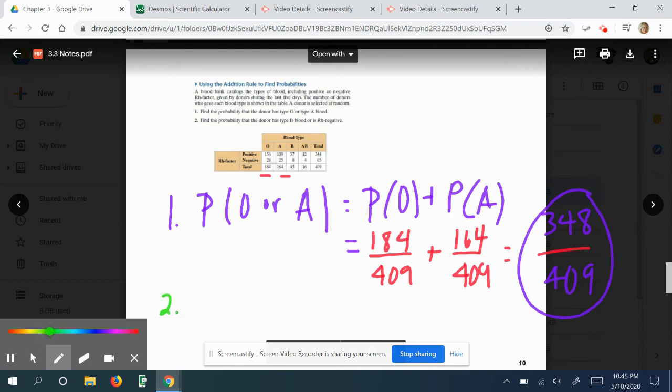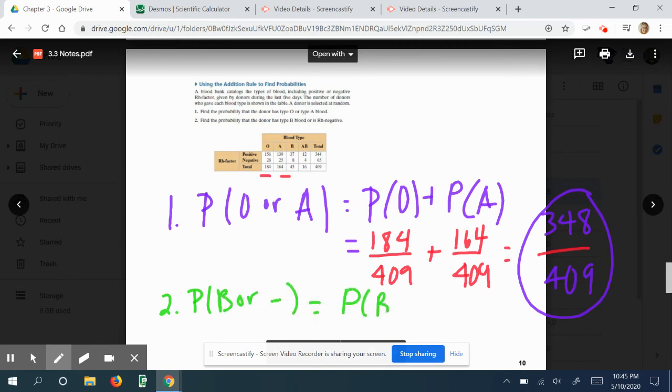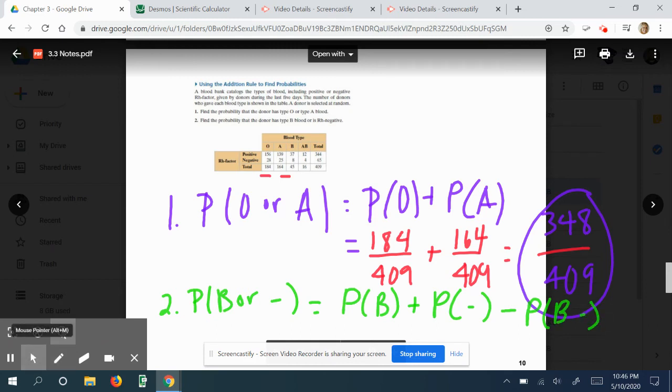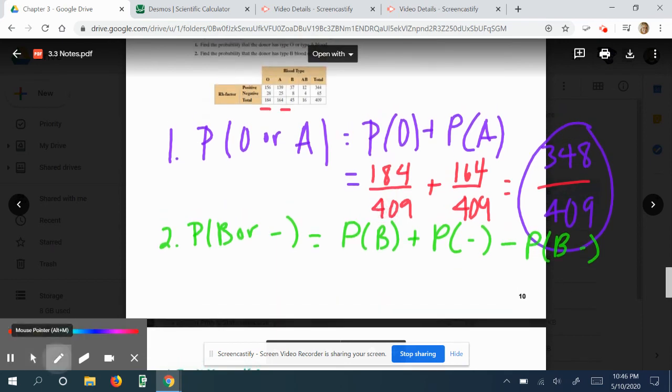So the probability of B plus the probability of negative minus the probability of B negative. We're going to get rid of what we counted twice. So the probability of B is going to be this 45 out of 409